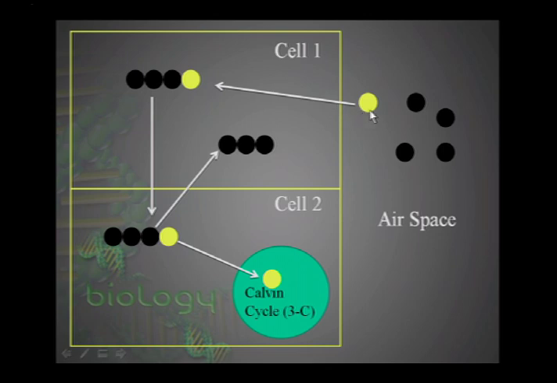So the point of this then is that as carbon dioxide comes in, it's bound up to a molecule. That molecule then moves out of that cell into another cell. It gives up the carbon dioxide there. So that keeps carbon dioxide levels within the cells low. So carbon dioxide diffuses rapidly into the cells. That keeps carbon dioxide levels in the airspace between cells low, so that draws carbon dioxide in from the outside world into the leaf as well. So what this C4 pathway then does is allow for rapid concentration and assimilation of carbon dioxide so that in the morning hours, carbon dioxide can be brought into the plant quickly. Then when the plant dehydrates,